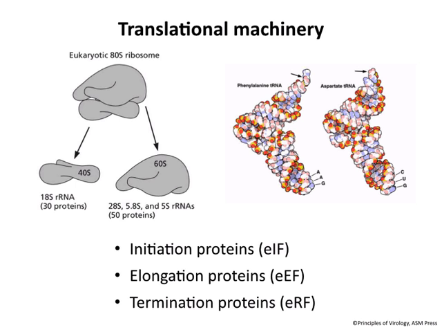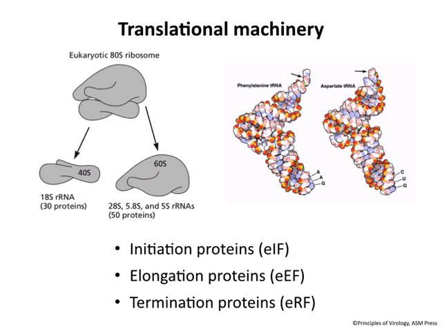The machinery consists of ribosomes, of course. We're talking about eukaryotic cells, so these are 80S ribosomes composed of 40S and 60S subunits. And of course, ribosomes are mixtures of proteins and RNA. And the RNA has the catalytic activity. Protein is more of a scaffold. We think this is a leftover from the RNA world when protein synthesis began to evolve.